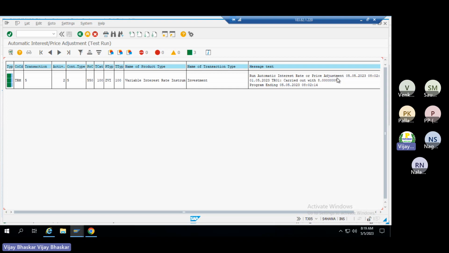But when we perform the transaction code TJ05, there is no need to specify the percentage manually, if the interest rate has already been maintained in the system. Now the system is automatically picking up this interest rate. Remember, now there are no errors, everything is in green state. This is the company code, this is the deal number, this is the product category, this is the product